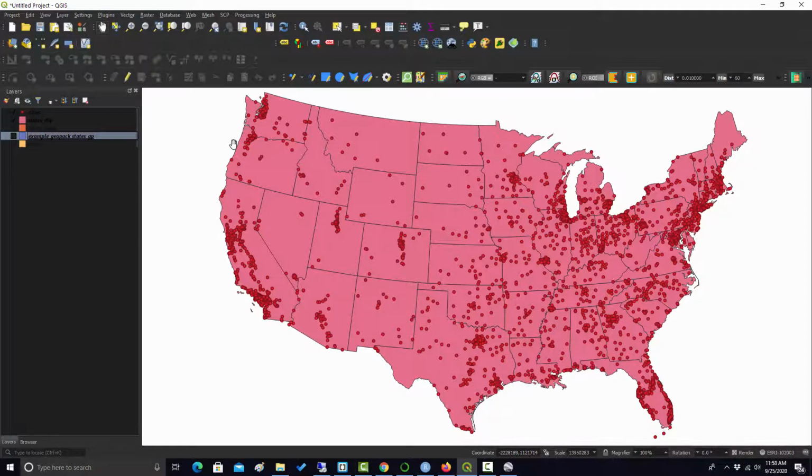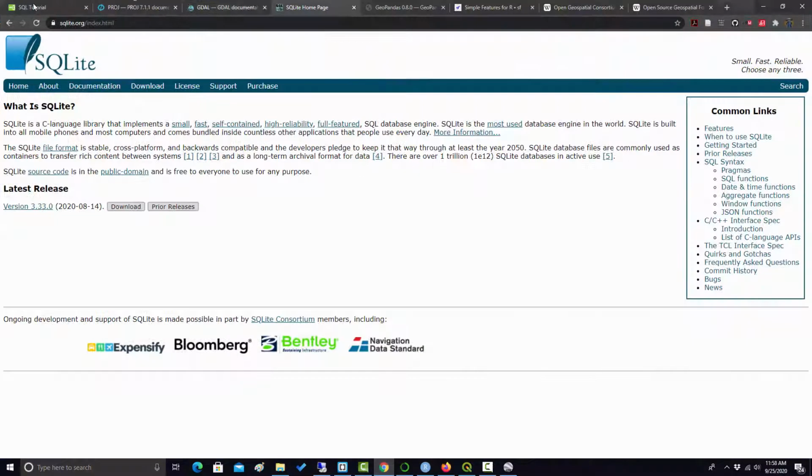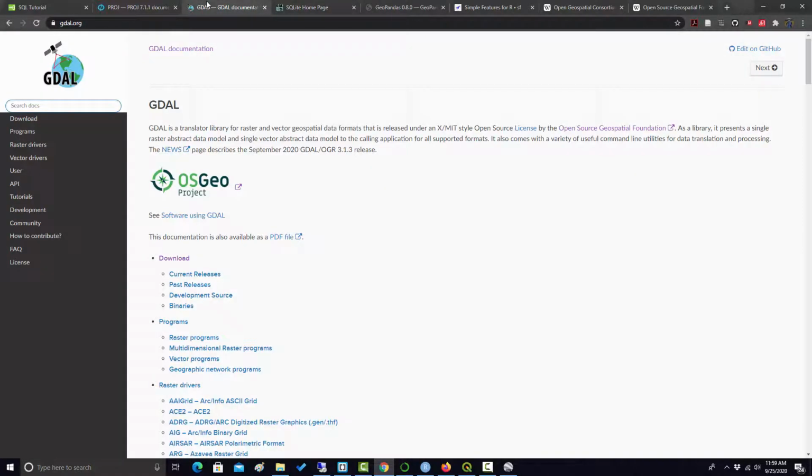Okay, so just to finish up, I wanted to mention a few other resources here. So I'm going to open up this web browser and just point out a few websites. There are a couple of libraries that pretty much all open source geospatial software makes use of. So one of those is GDAL, which stands for, is it geographic or geospatial? I think it's